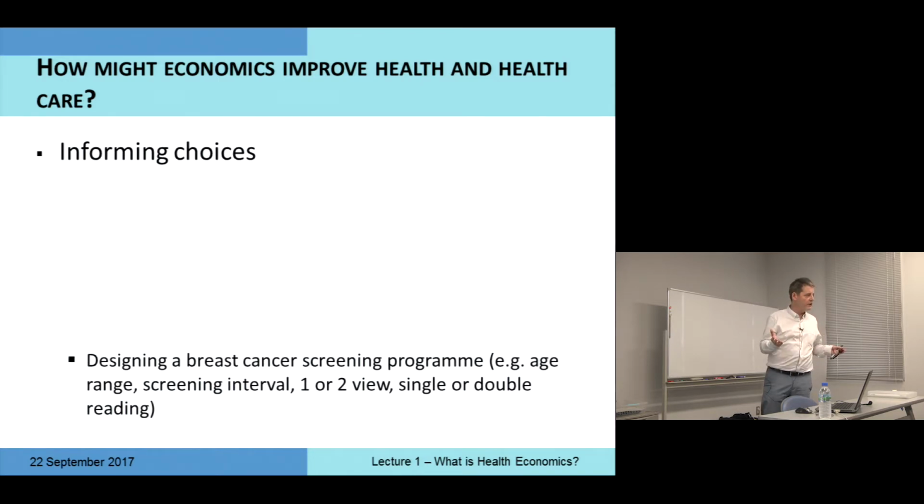For example, lots of countries start at age 60. Some start at 55. Some have an upper age limit. Initially, when breast cancer screening was introduced in the United Kingdom, we had an upper age limit of 65, because it was thought that over 65, women wouldn't really be very interested in coming along for breast screening. That wasn't evidence-based at all. That was just, I think, 60-year-old men making some sort of assumption. We've now got to increase the age limit up to 70.